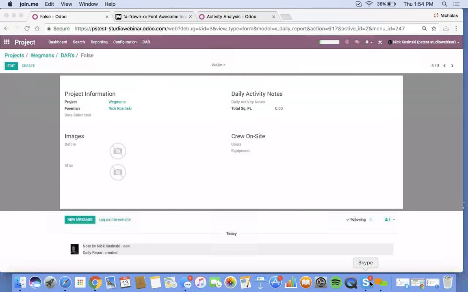Would it need to identify the source reference model? So by source reference model, you mean the model that it's pulling the information from, which is the project model. The source comes through this relationship here, which is on this model. So in order to relate one model to another, there needs to be a field on the